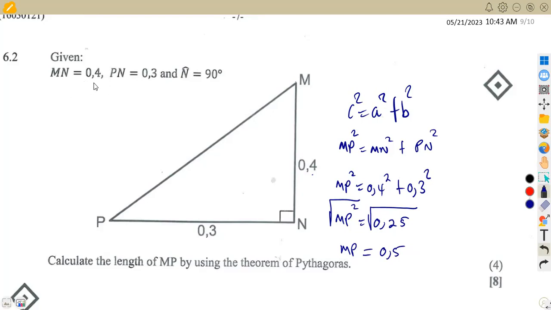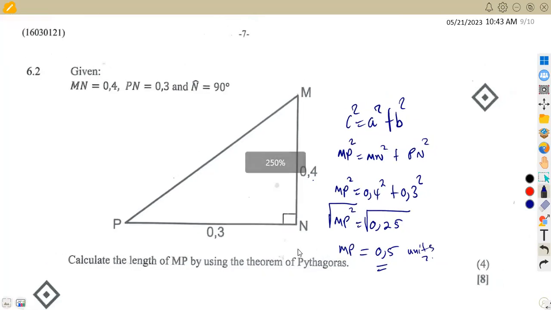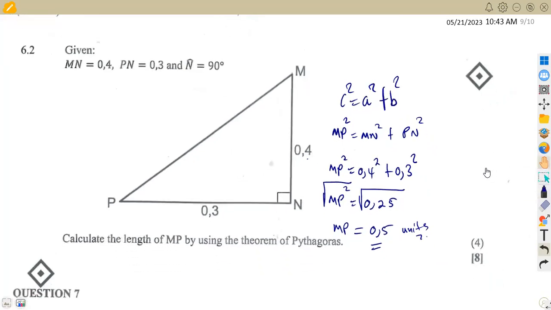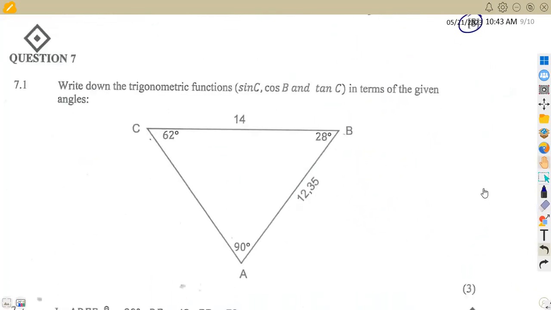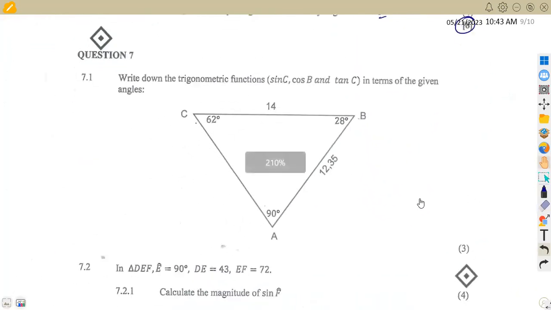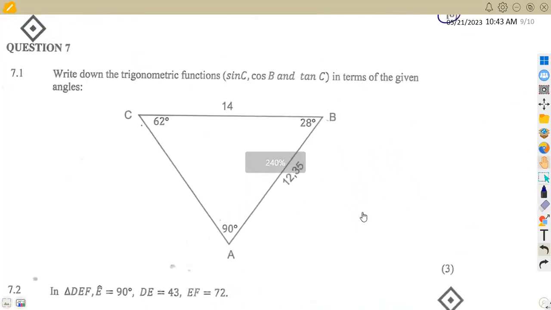Okay, in this case, we are not given units, so you just write it as 0.5, or you can write it as 0.5 units, since we are not told whether it's meters or centimeters. All right, so that was our question 6.2, marking the last part of our question 6, having a total of 8 marks. We move on to question number 7, where we were asked to write down